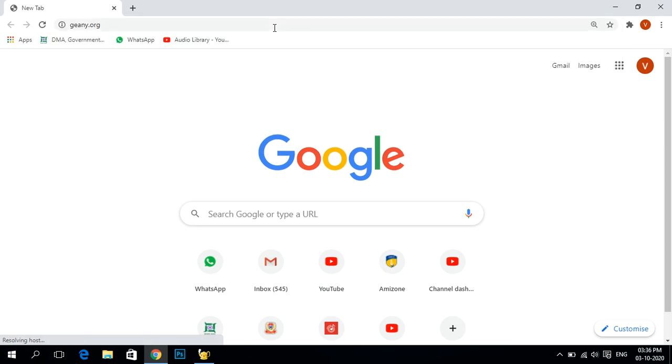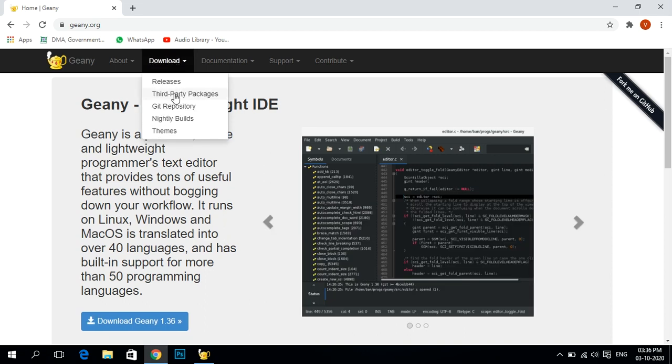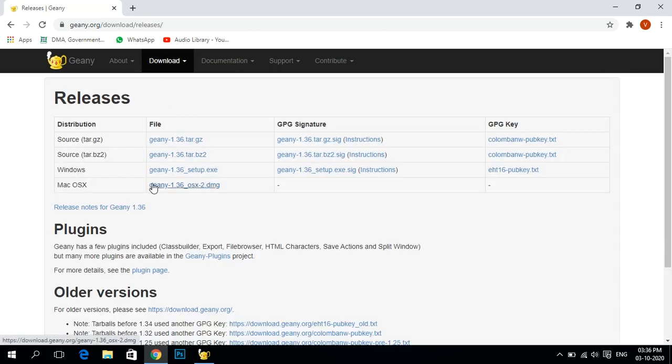When you open it, you will get the home page of Geany where you can download Geany, release, and you will get the Windows version. Whatever OS you are running, you can download the Geany text editor. This makes it easy for you to save the file and run Python.